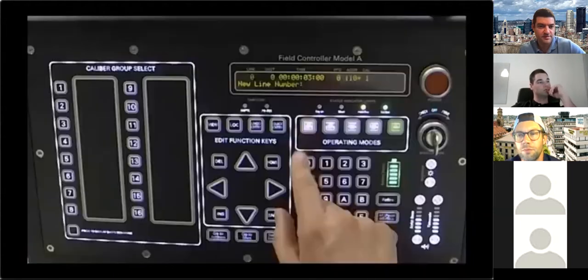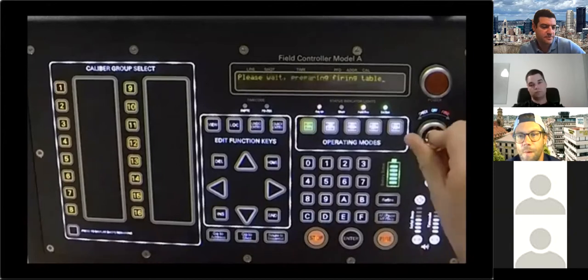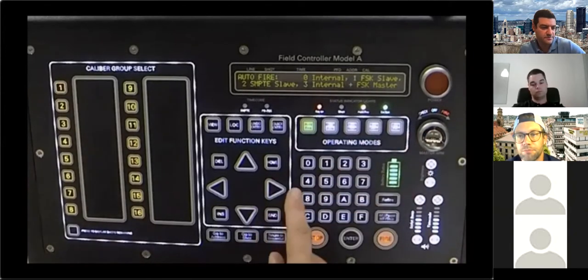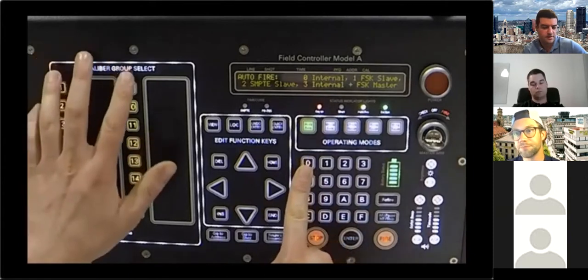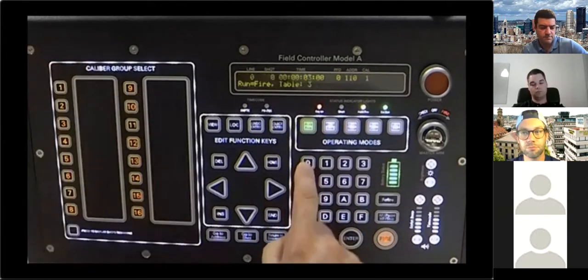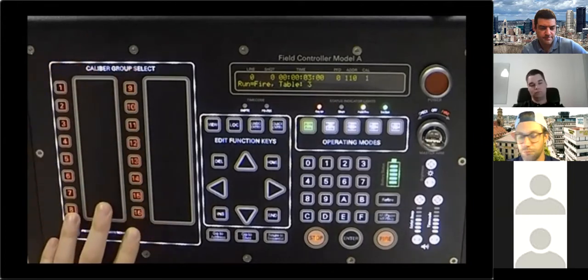So if I go to AutoFire, in the moment I turn the key, it is calculating my firing table, and if I now select the corresponding mode I want to run, in this case internal run, we will see that the caliber group buttons turn from yellow to red. That means they are now active, like dangerous. Something could happen, yeah? That's why red. So they are all activated at the moment,